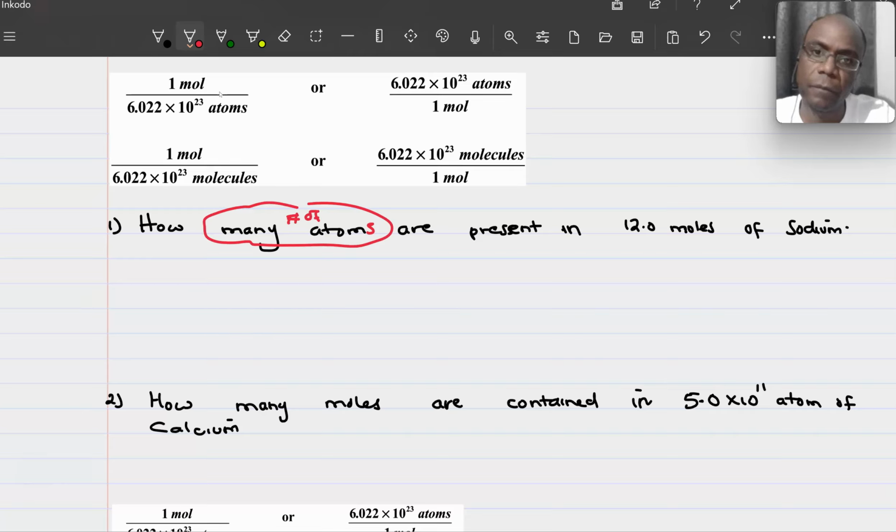The number of atoms are needed. So which formula should I use for question 1? For question 1, I'm going to go with version 2 of the conversion factor, because it relates the number of atoms to the mole. So I will set up my 12.0 moles here and multiply it by the conversion factor,